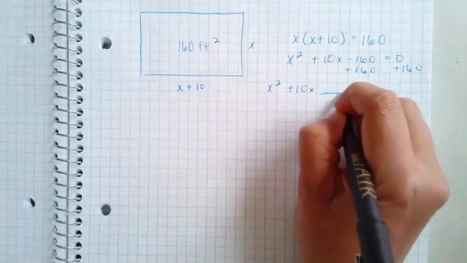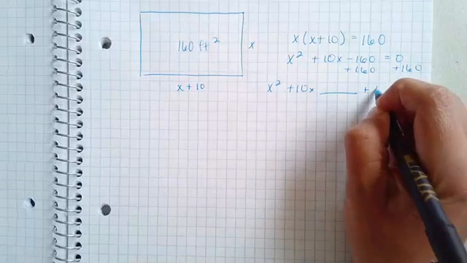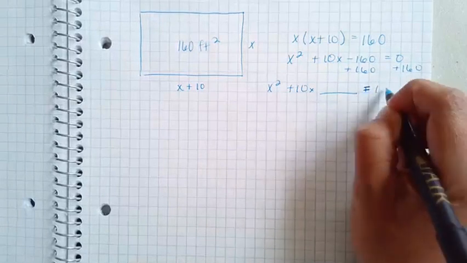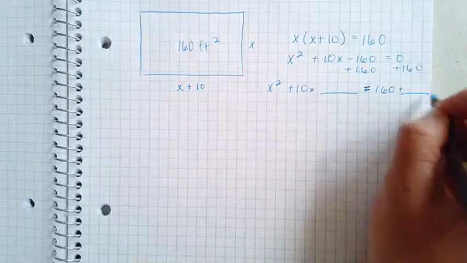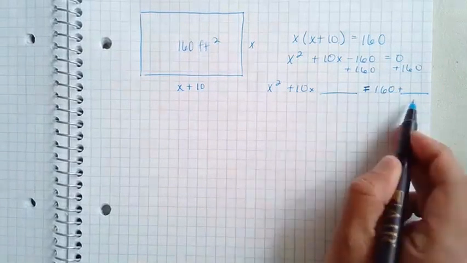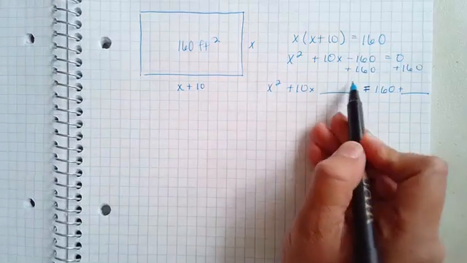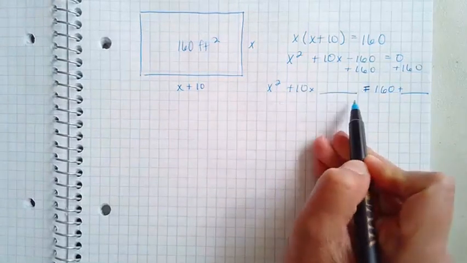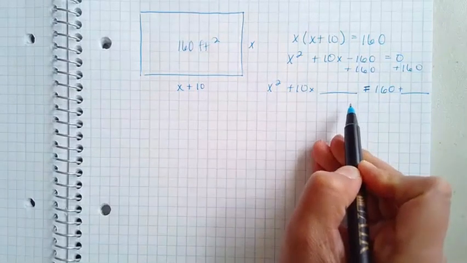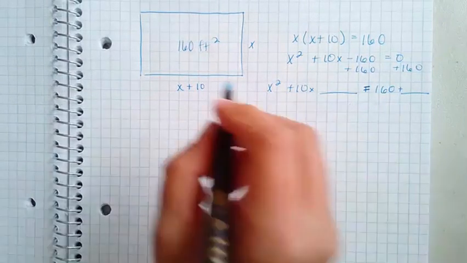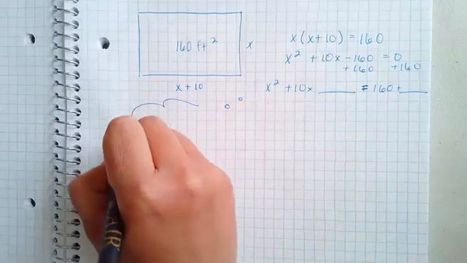I'm going to leave that blank equals 160 plus something. Remember, these are those blanks. We don't know what those numbers are going to be. That's part of the completing the square piece because we want to get this side to be one of those perfect squares. So what I'm going to do is my little thought bubble,